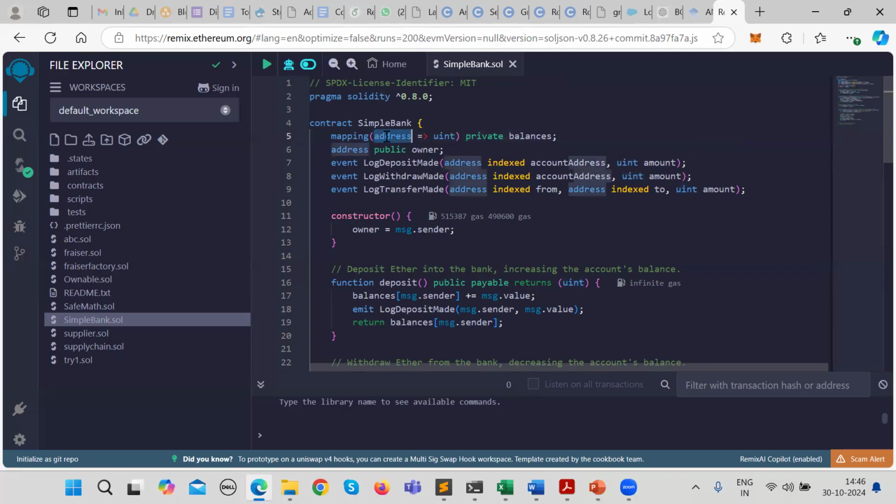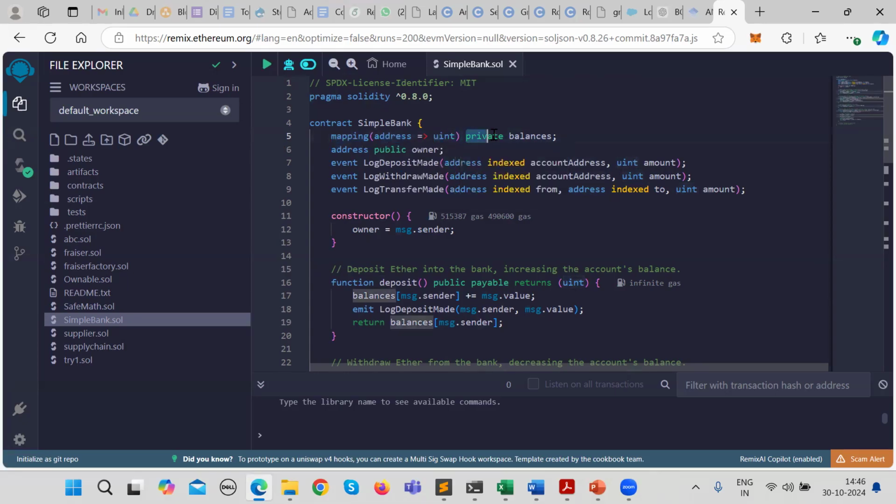And here we have address. Address is another data type that is used to store addresses. It could be your smart contract address, or your blockchain identity address that I was talking about. Here we are creating a mapping between the address and the uint.